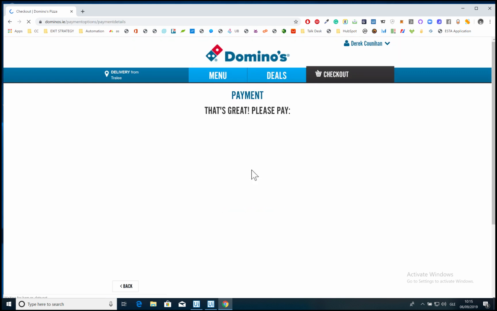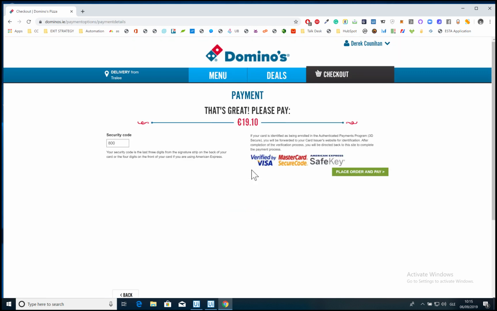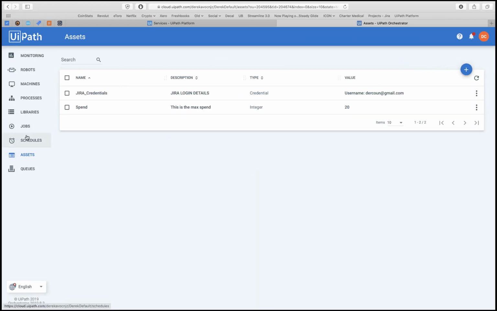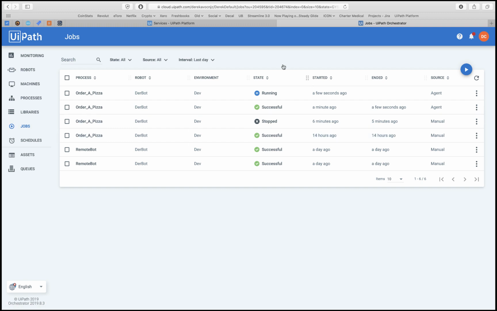Nice. Carries out the payment, security code, place order, on its way, and closes the bot. And again, if you go under the jobs, you can see here this one's successful, this one's still running, it'll come back as done in a second. And if we view our logs,